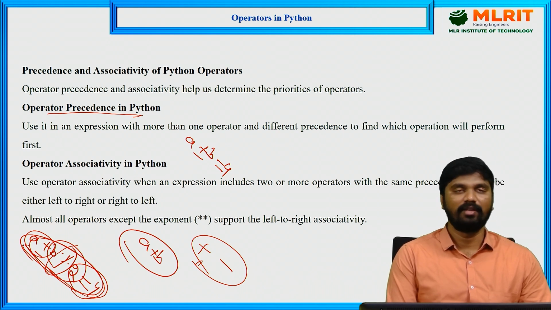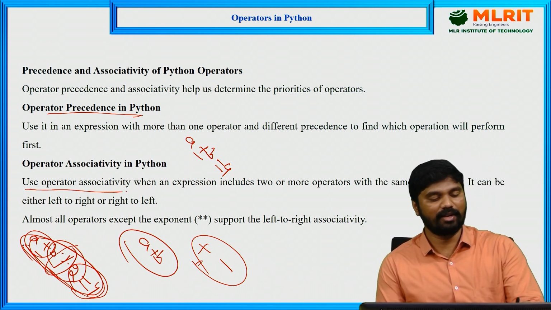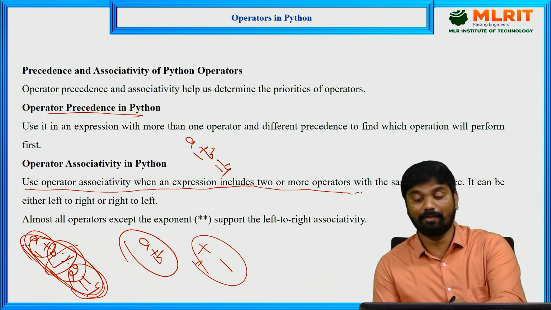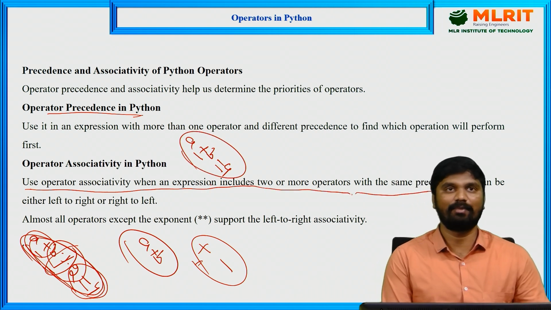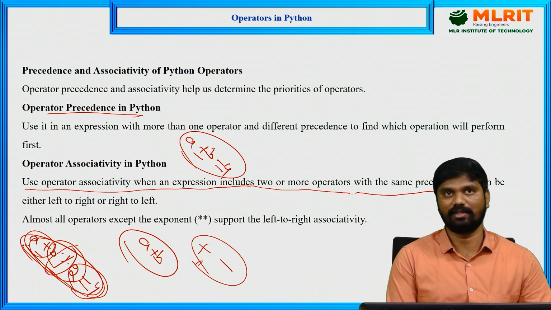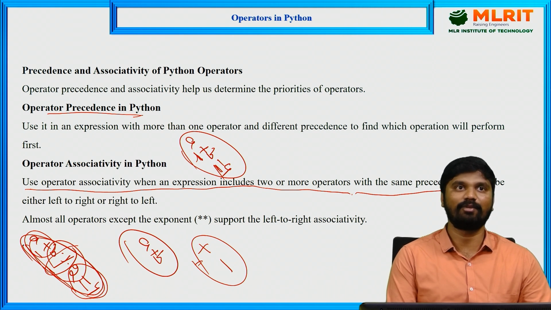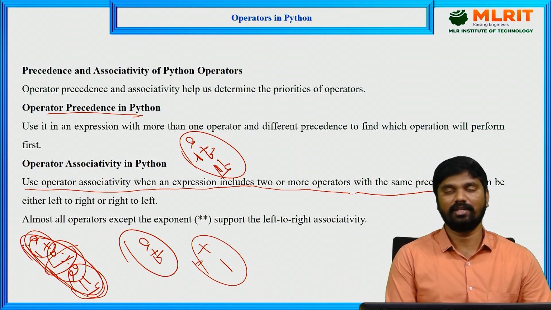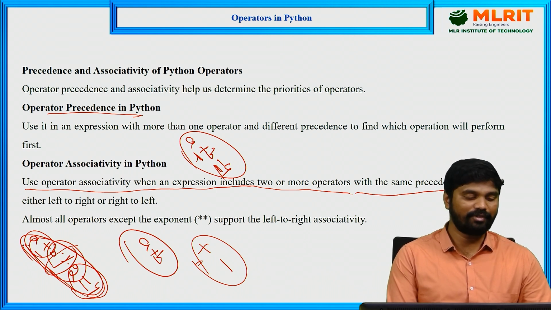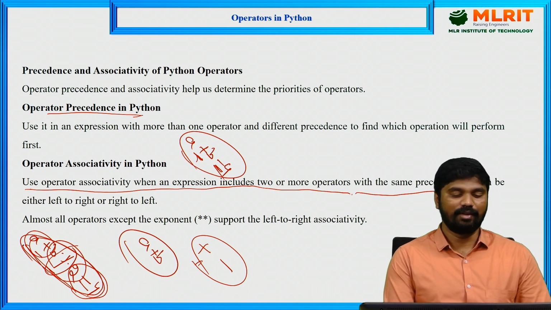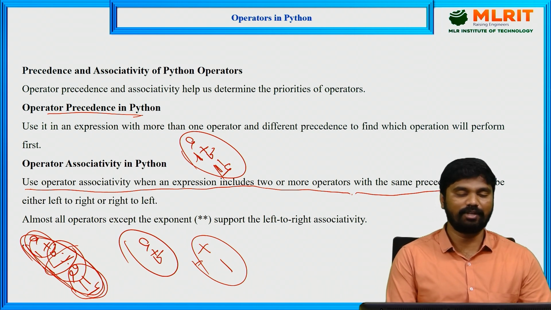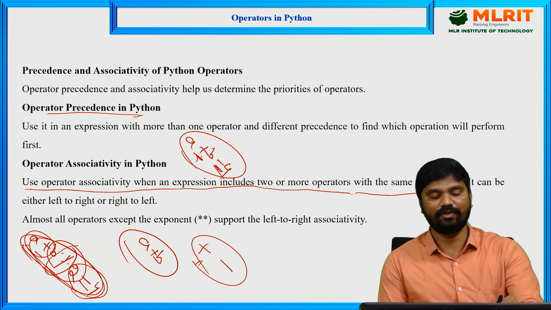Okay. So here see that we use operator associativity when an expression includes two or more operators with the same precedency, like this one, A plus B minus 4. So here the plus symbol and minus operators have the same precedency. At that time we have to use what? Operator associativity, that is either left to right associativity or right to left associativity. Next see, for this expression which associativity rule we have to follow? Means we have to follow left to right associativity,